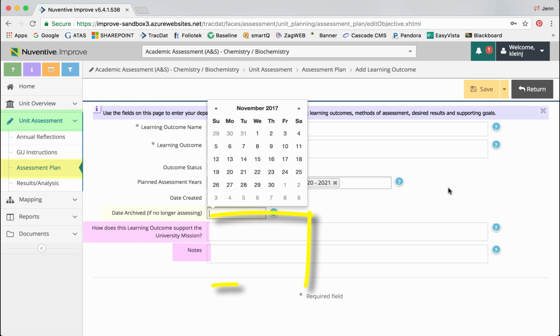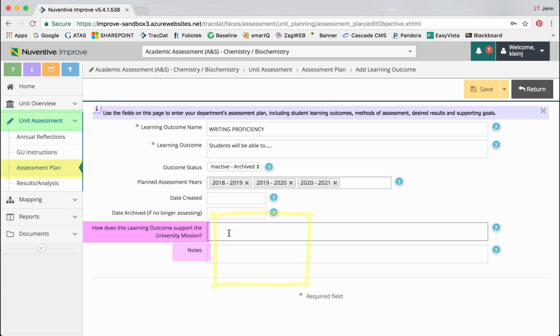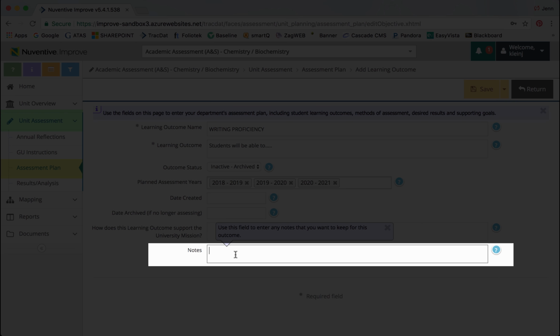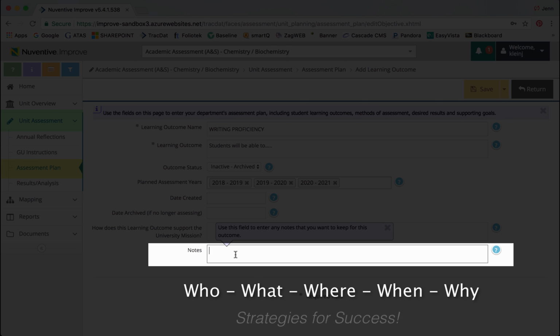The next couple fields are also not required. They are for your use if they would be helpful or if they apply to the outcome you are assessing. For example, some student learning outcomes may not have a clear, direct connection to the Gonzaga University mission. However, there will be other student learning outcomes that have a very clear connection. You could put a note in this field to describe. This notes field could be for any information that would be helpful to your department, such as why the department selected this particular learning outcome to assess, why the timing was crucial, what was happening at the time, and also